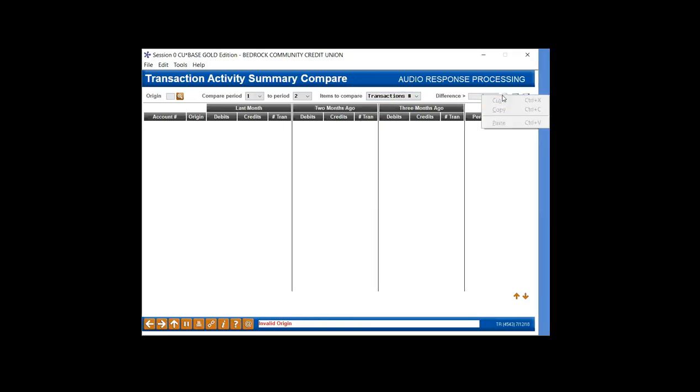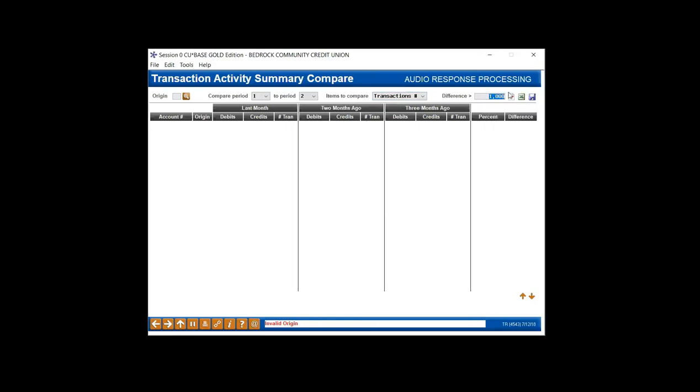So if the member normally does 200 transactions and we get a difference of anything above 25 with the way I'm setting it up right now, comparing period 1 to period 2, and period 1 is last month and 2 is 2 months ago, then